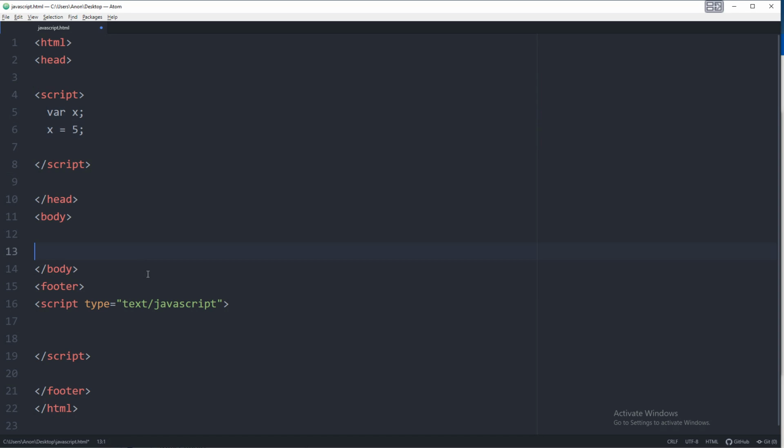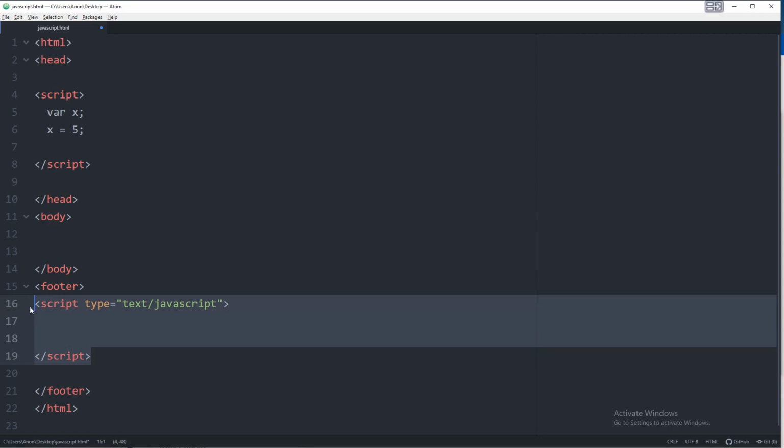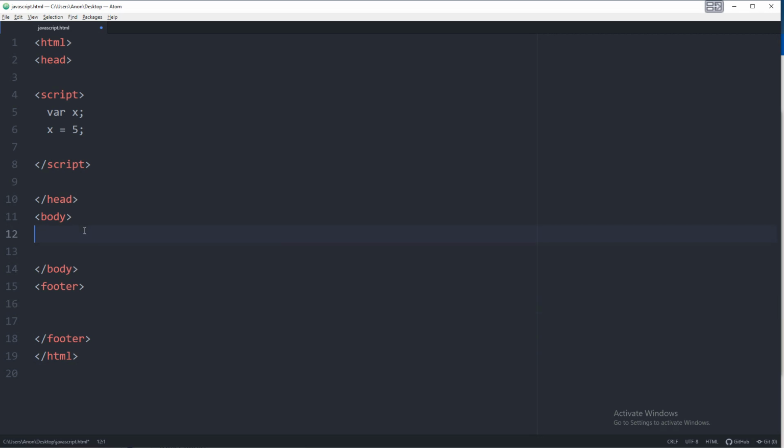If you're doing some JavaScript in the body, you can use these script tags and you could implement them inside the body. A lot of the times you're going to want to import your files up in the header. For example,